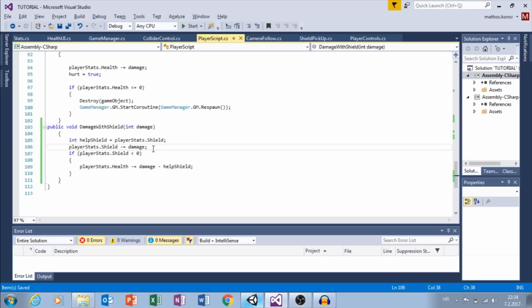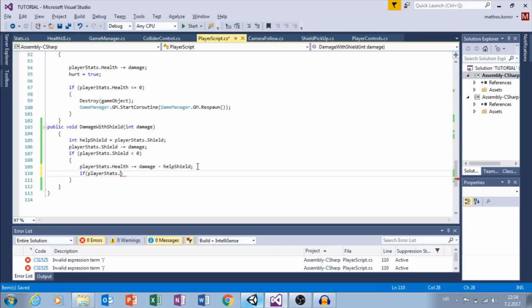Then we need to decrease our health by 2, and we do that with this line of code because damage is 4 minus our helpShield value 2 equals 2. So we decreased our health,